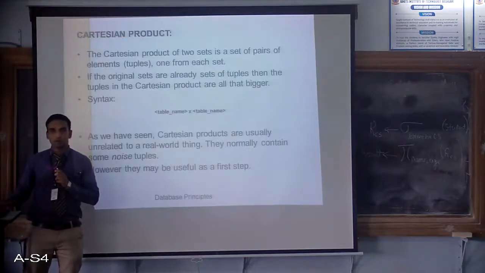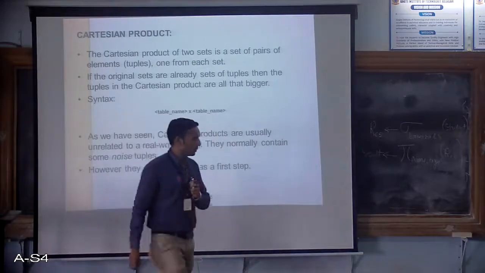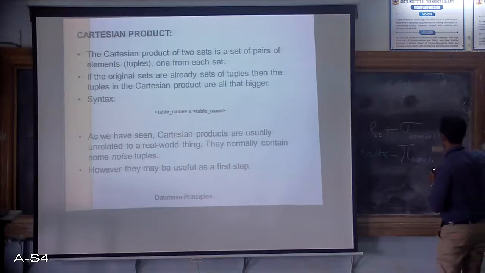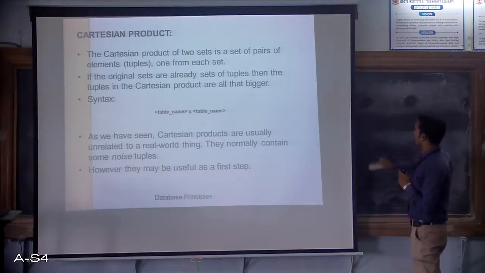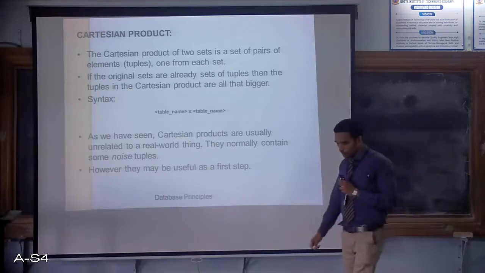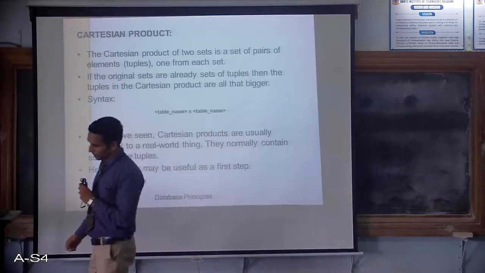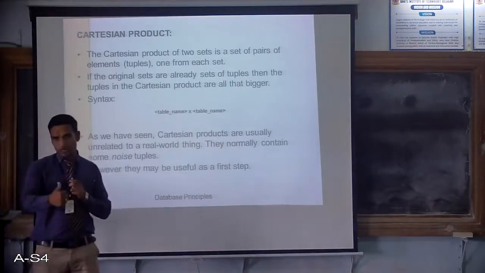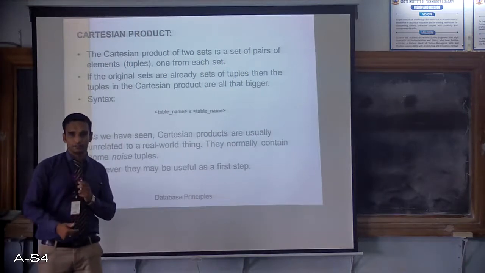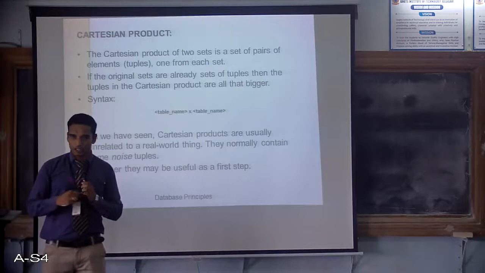We'll move to next now, Cartesian product. Now what is the Cartesian product? Given two tables or two relations for me. Now we are working with the set theory operations on relational algebra. There may be a question for you like, explain the various set theory operations in relational algebra. The various operations are Cartesian product, union, intersection, and set difference. Now these are the four set theory operations which work on relational algebra. We'll study one by one.